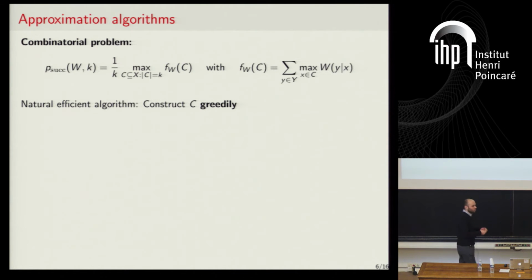So I construct this code in a greedy fashion. I want to maximize this function F_W of C. One way of doing it is I start with the empty codebook, and then I add the element which optimizes the increase of this F_W. Notice that this F_W function is monotone; it increases with the size of C, and so I keep adding elements to this code so as to increase my function F_W by the maximum. I won't specify the algorithm more, but I hope it's clear. It's a very natural algorithm.